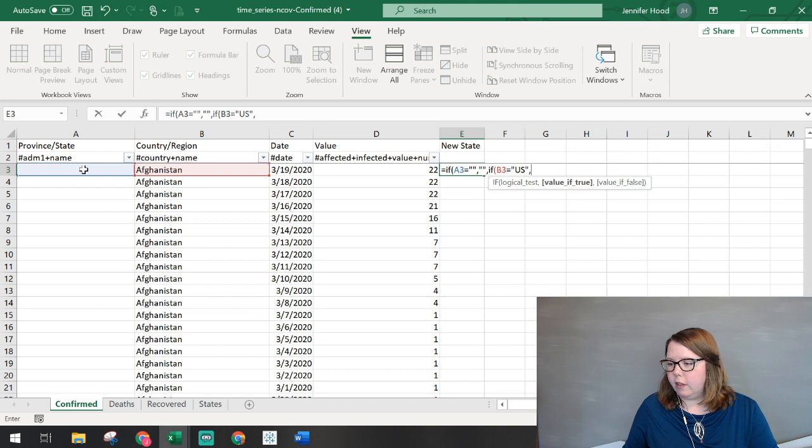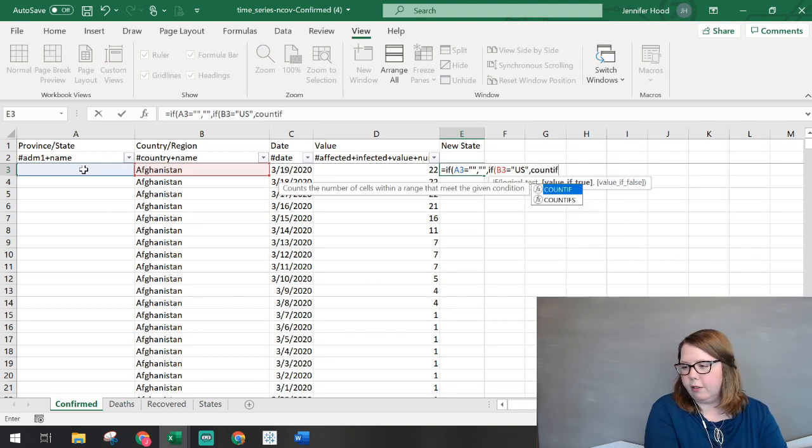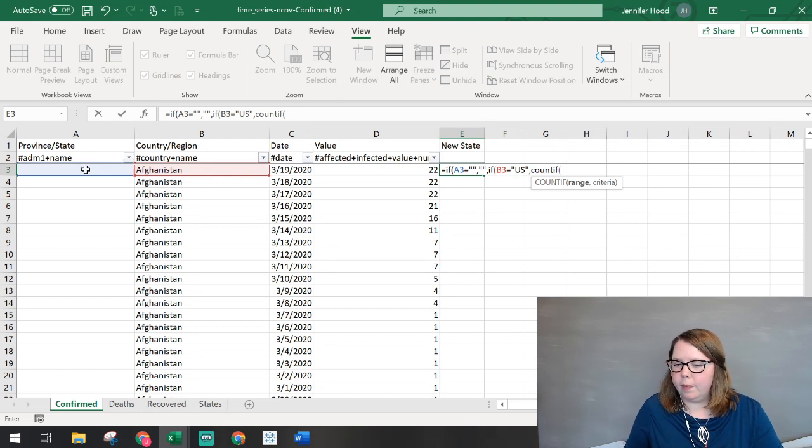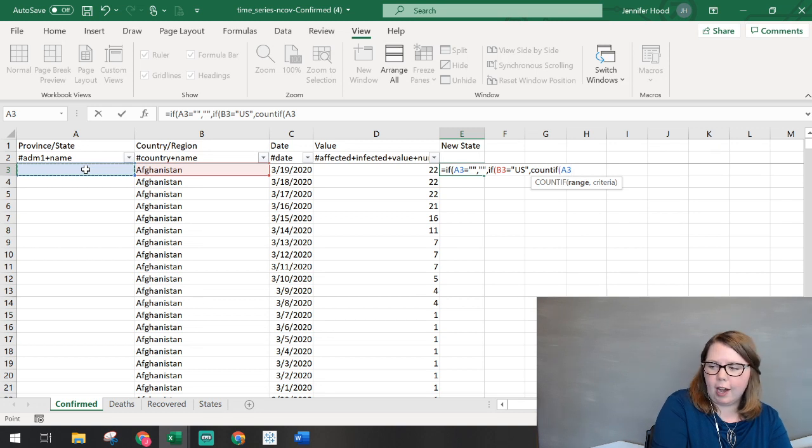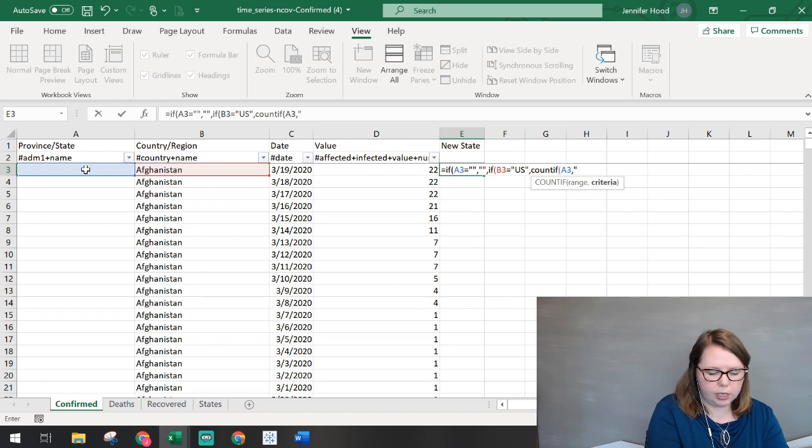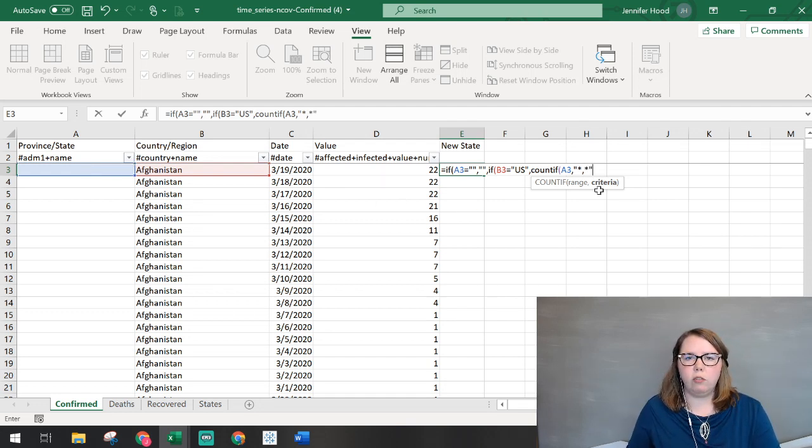So if it's the US, then we want to count if this province state has a comma in it. So we're going to say COUNTIF A3, comma, so that's our range and our criteria, we're going to put quotations. We want to do an asterisk, a comma, an asterisk, and then close our quotations. So we're looking for a comma